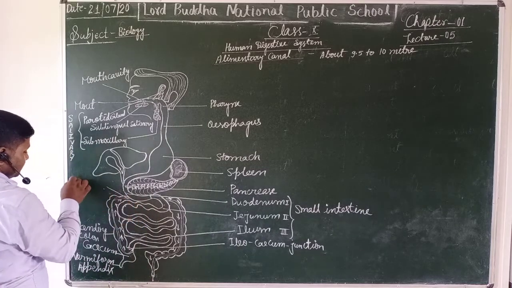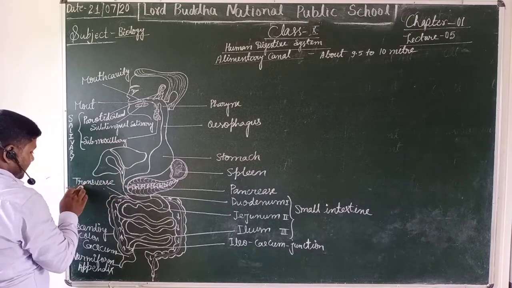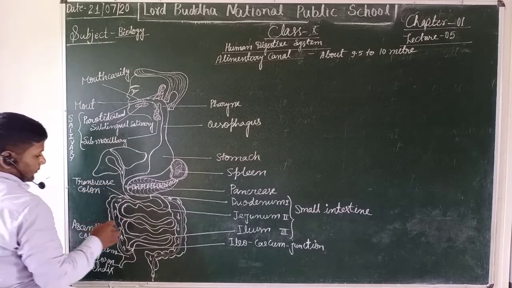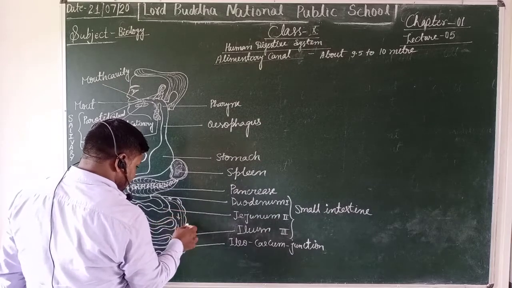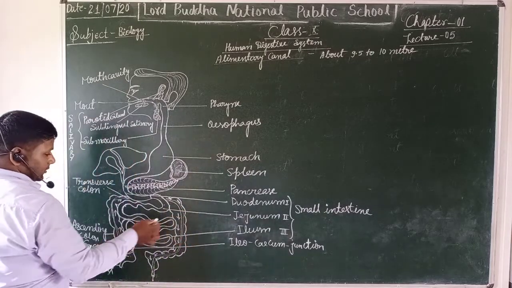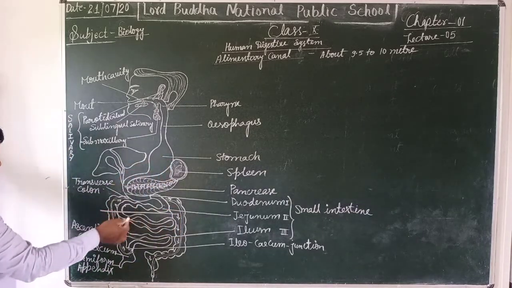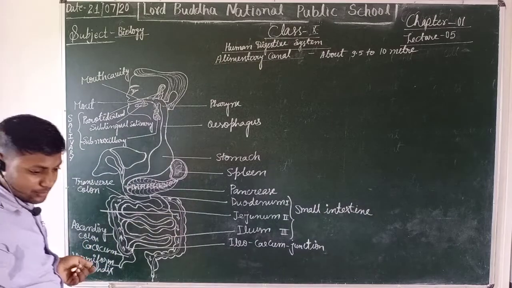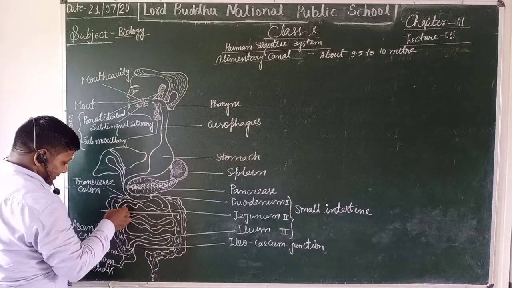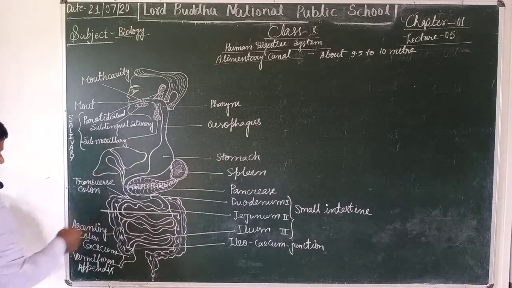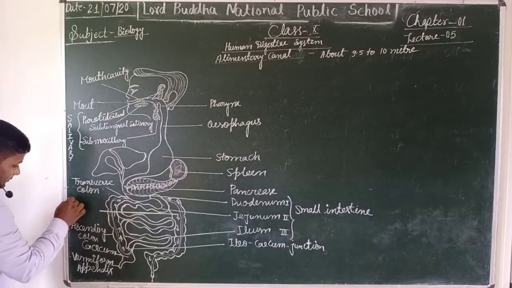This is the transverse part of the colon. Transverse part of colon. This is the sigmoid. No, this is not sigmoid. This is the descending part of the colon. I will label it on the left side, and I can also use some colored chalks so that you can easily understand what I label here. The descending colon,